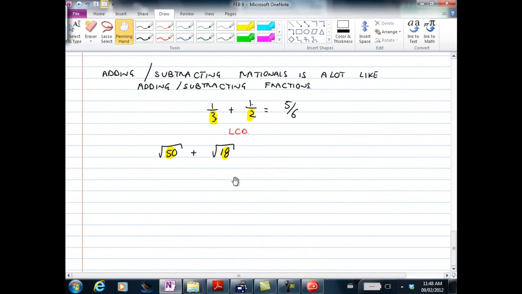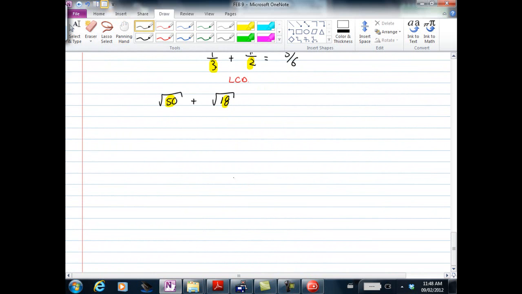So guys, gals, I'm going to show you the right way of doing this. Root 50 plus 3 root 2. First of all, in order for you to add, the stuff inside this square root has to be the same. No exceptions. I'm going to write this down. Before you can add, the stuff inside your square root, whatever that stuff is, inside